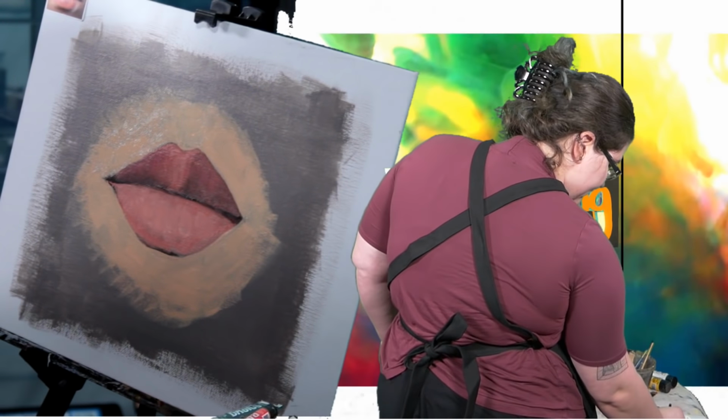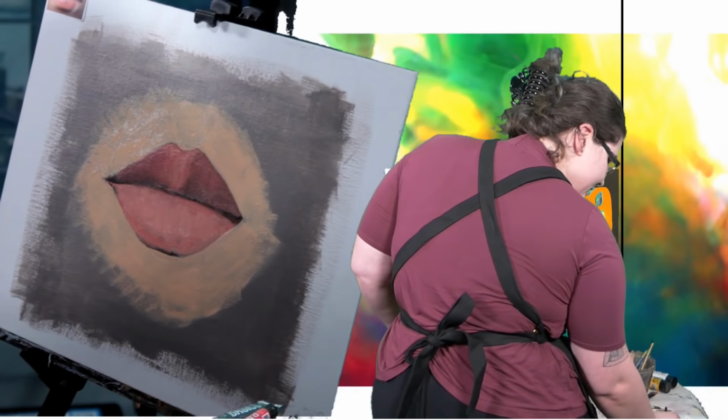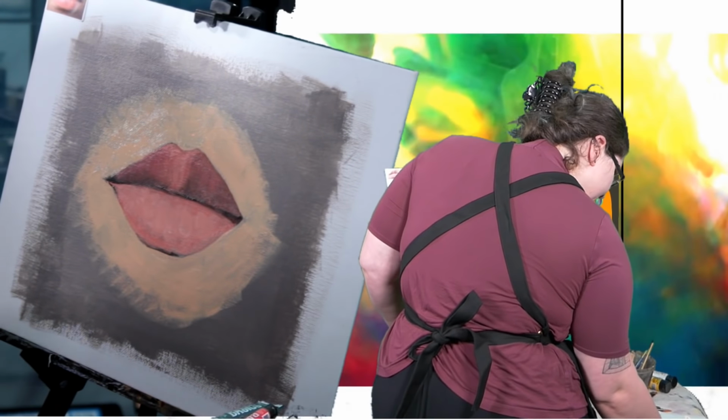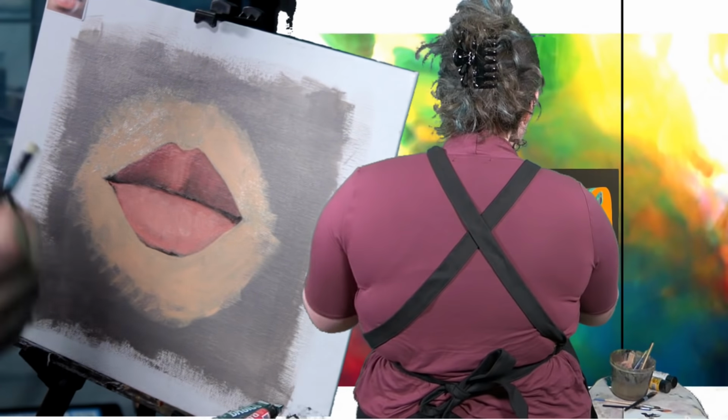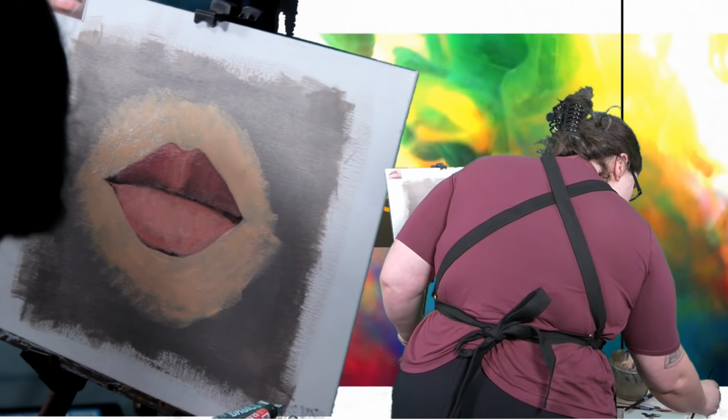Right. I feel myself slouching. My materials are so far down here. I'm used to working with just a table at the front. Alright, so my